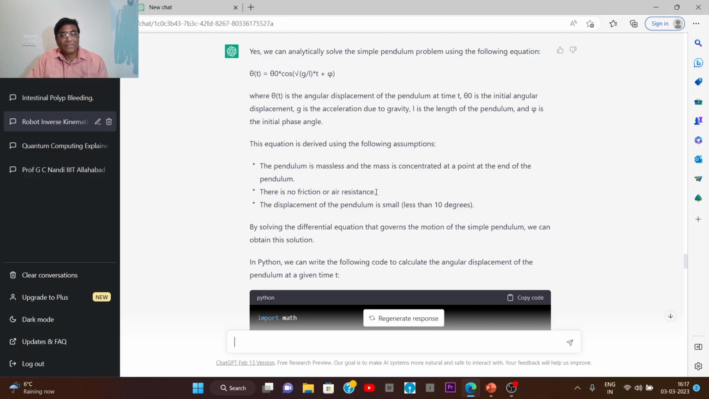There is no friction or air resistance. These are my assumptions. Without that, you cannot solve. The displacement of the pendulum is small, very small, less than 10 degrees. And you now all know, but in